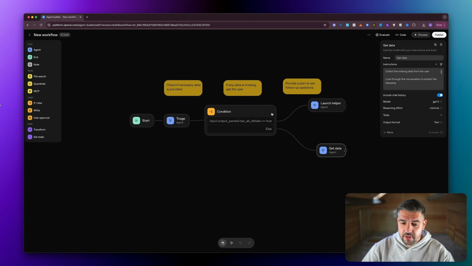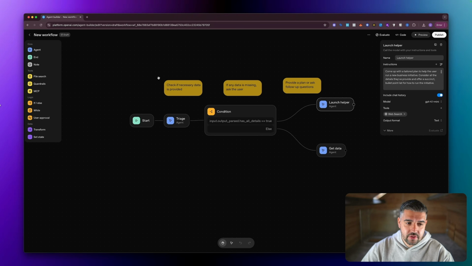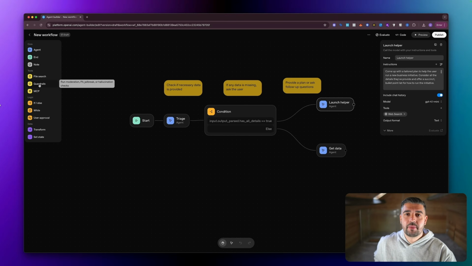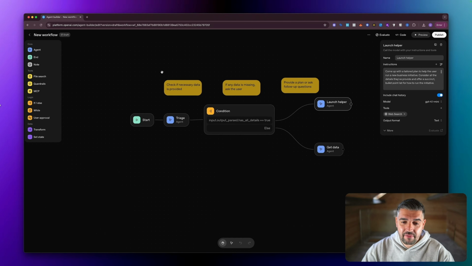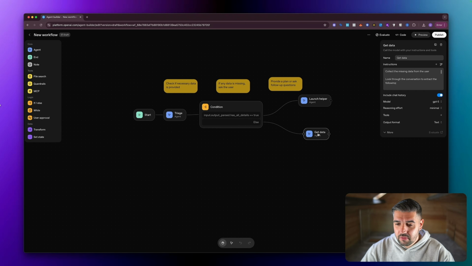But these beautiful things here are actually agents. As you can see down the left-hand side, we've got a list of individual core widgets. And there aren't that many, which is beautiful because it makes it simple for you. You can manipulate these. You can add guardrails. Like if you don't want offensive language to be used, you could set that in place, or a jailbreak guardrail to avoid it breaking and giving information that it shouldn't. The point I'm making is there are 11 individual nodes, and you can build pretty much anything on the planet with it on a canvas that looks as beautiful as this one. So let's give it a go.